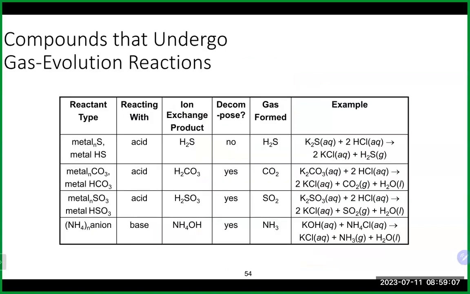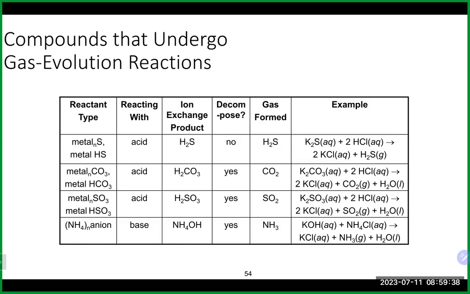All right. So here's a table that summarizes some of the decomposition that occurs if you have a metal with sulfide or a metal and HS reacting with an acid. You will generate that hydrogen sulfide gas directly, no decomposition occurring. Again, any of those with carbonate or sulfite reacting with an acid will make one of those acids that will go through that secondary decomposition that we just saw on the previous page, and make either CO2